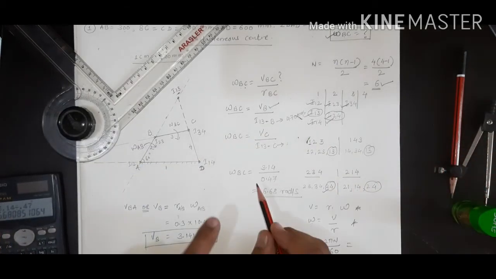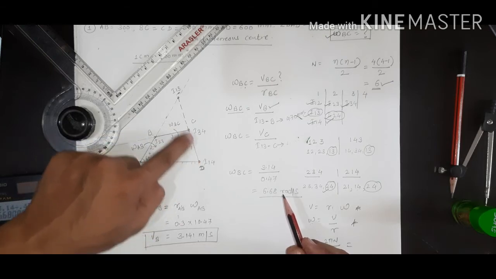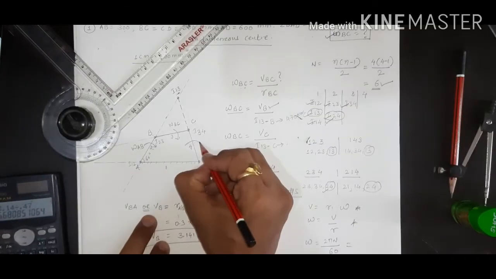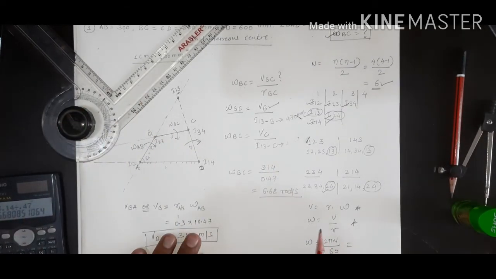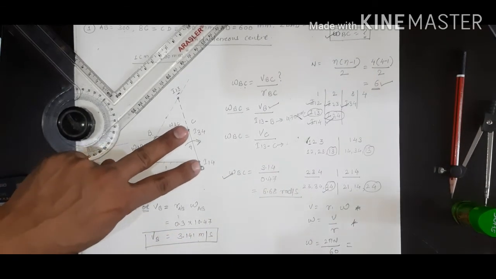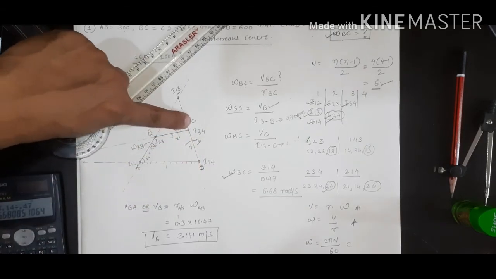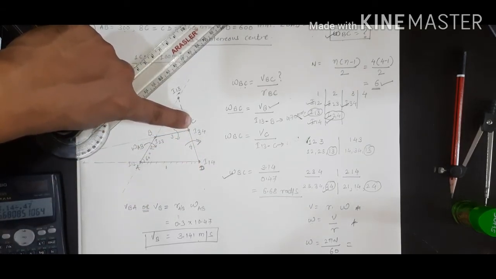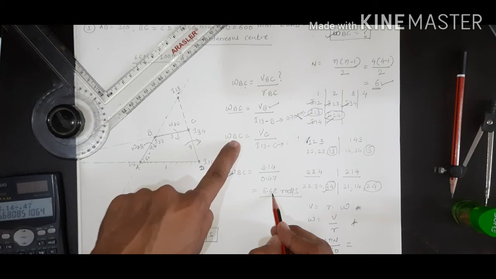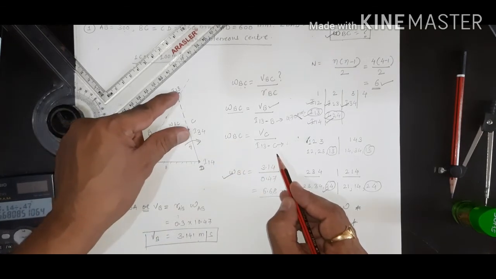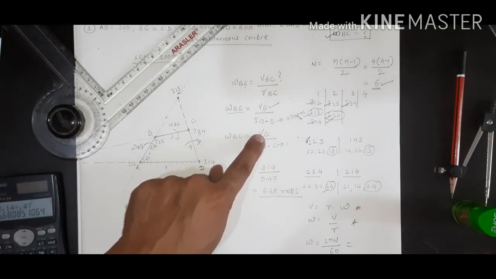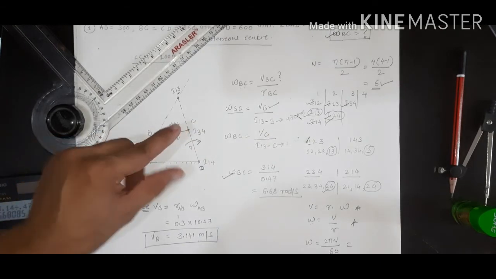Now extra, if we want to calculate the angular velocity of CD, for that we are calculating some extra quantities. We have already calculated this. If they have asked us to calculate omega CD, how can we calculate it? We know the velocity of point C. How can we calculate that? We can calculate it from this equation. I now know omega BC, so put down this value here. I know I13C; measure this, convert it using the scale, and you will get VC.